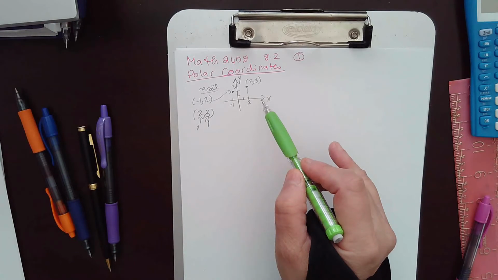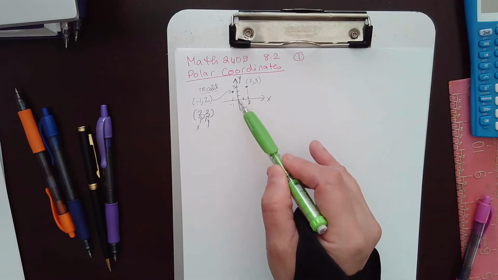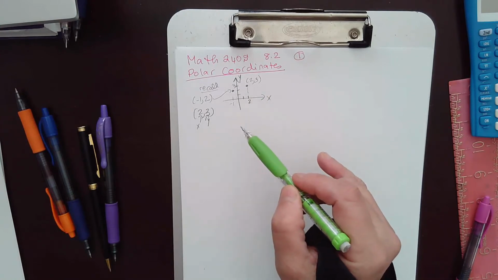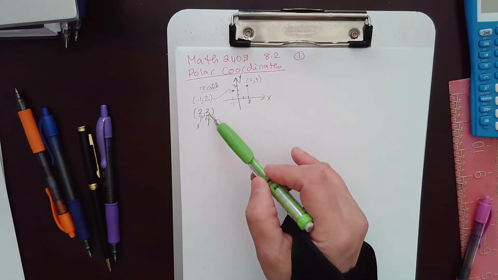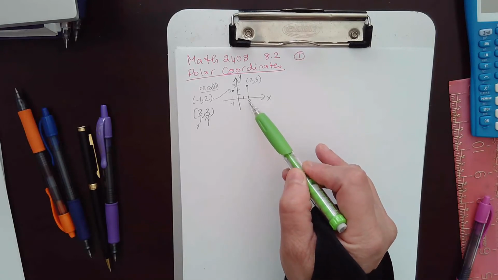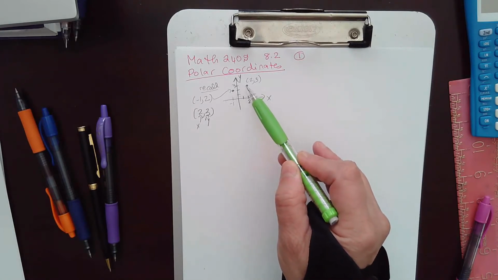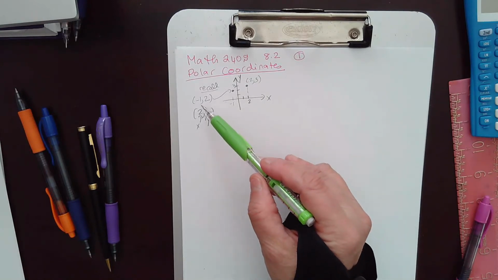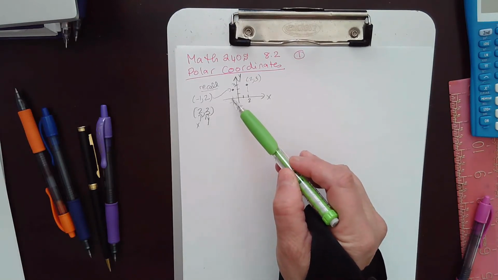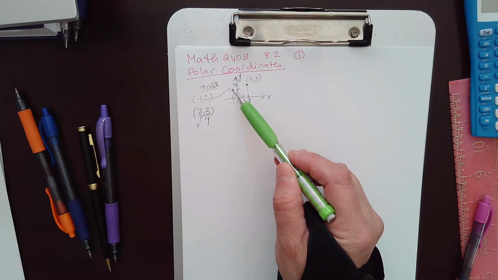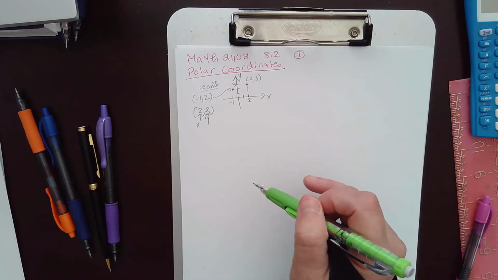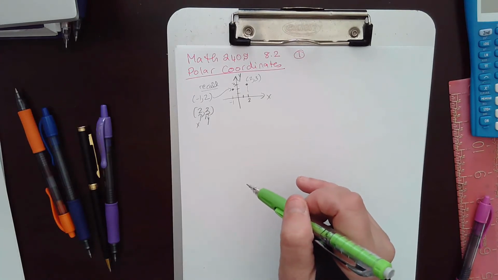So here are the positive x-axis, the negative x-axis, positive y, negative y, and we know how to plot points. For instance, (2, 3) has the x-coordinate of 2 and a y-coordinate of 3, and here's our point (2, 3). And this point here, you have (-1, 2), so x is negative and y is positive 2. So you know how to plot points in the Cartesian coordinate plane. Now, how do we plot points in the polar coordinate